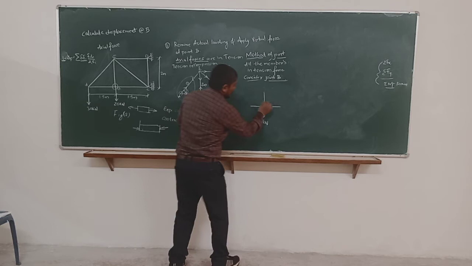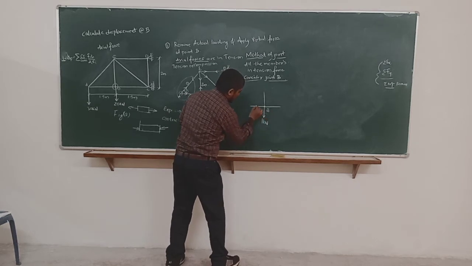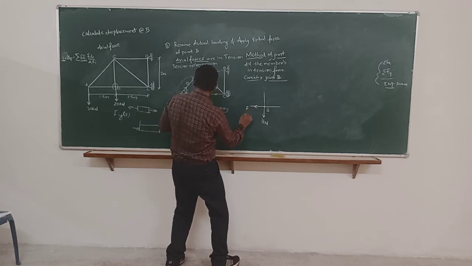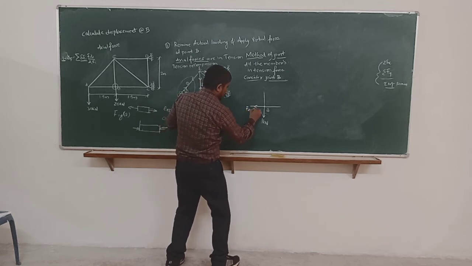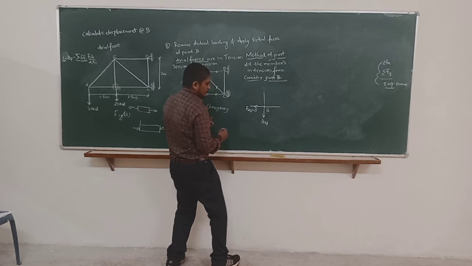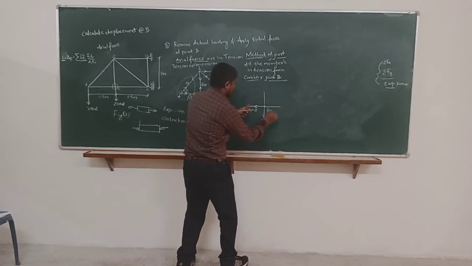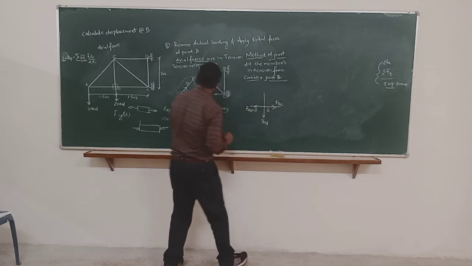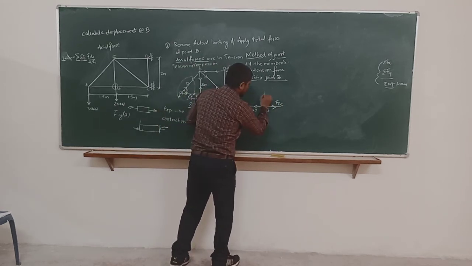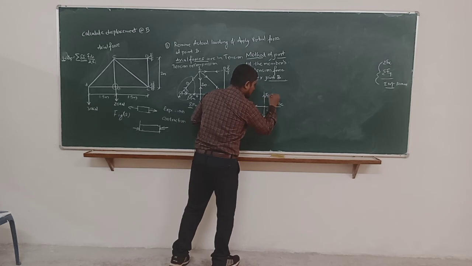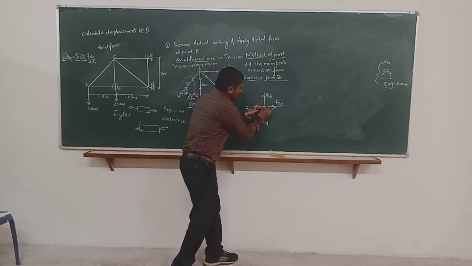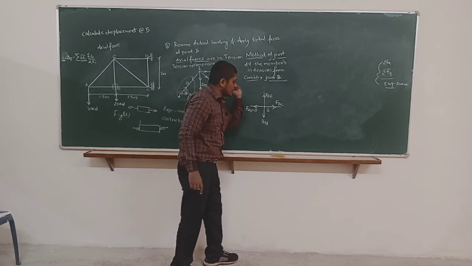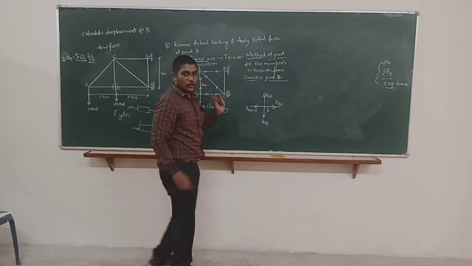So tension means what? It is away from the joint. So already we have calculated this FAB; in the previous step it has come 0. Unknown is FBC. I will give this name as FBC. One more is FDE. Both are away from the joint because we are considering all members are in tension. If I get a negative answer, then my assumption is wrong.